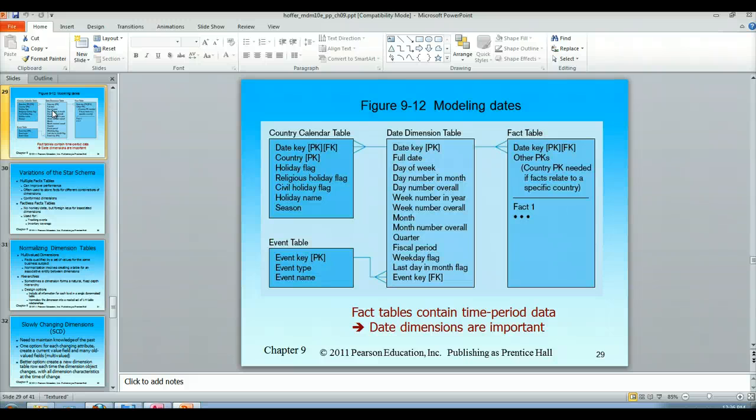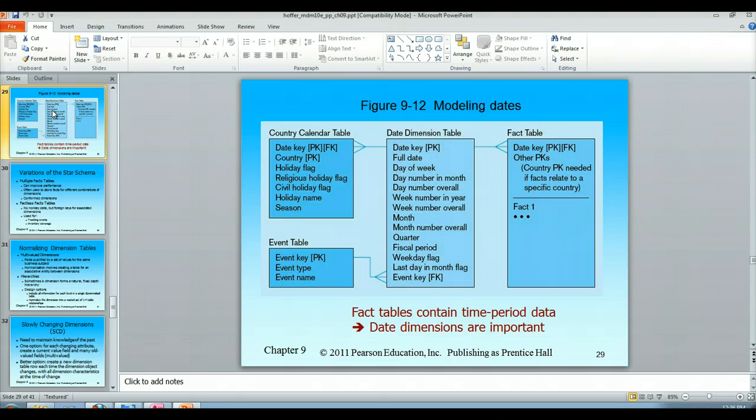Probably one of the most basic things that you have to do when you're designing a data warehouse is to determine the date structure that you're going to use. All of your fact tables, and I mean all of your fact tables in a data warehouse or an operational data store, need to have a date dimension. So for every record you put into all of your fact tables, there should be some kind of date